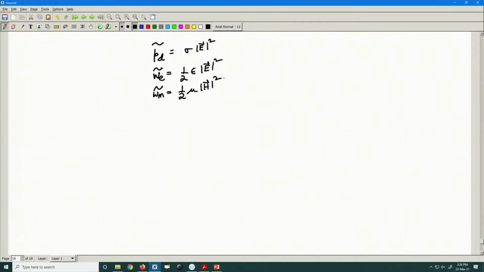So, equation 40 can be written as finally